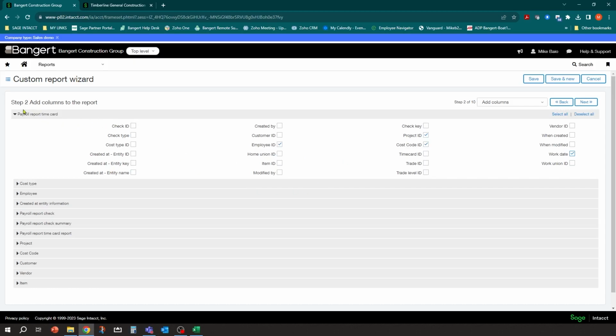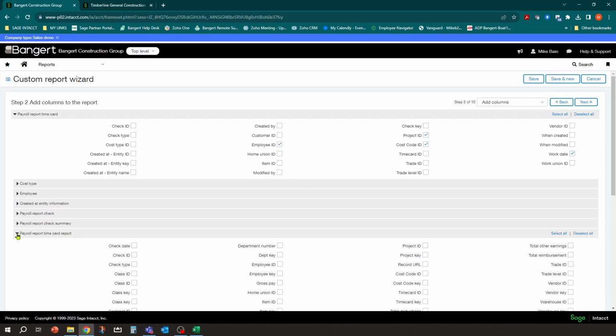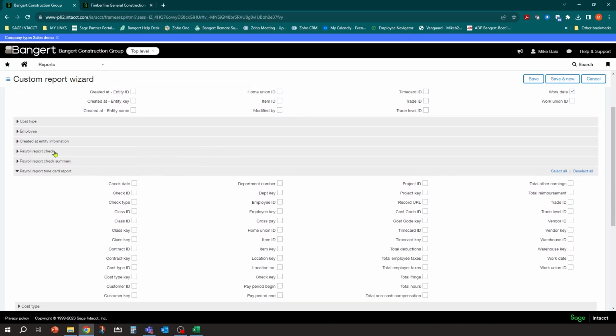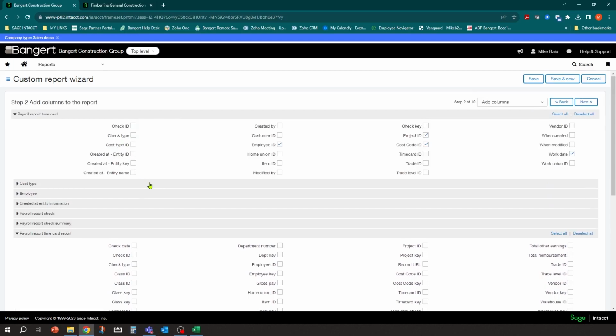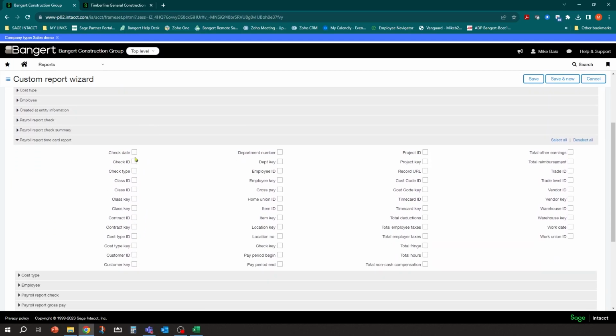So that's where you can get to the other record. The time card report is actually the more detailed of the two. So you could have also started with the time card report table and then gone to this table up here. But in this case, now you'll notice I got lots of other fields. I got the check date. I'm going to keep going here. I'm not going to pick too many things. Let's see what else we got here.